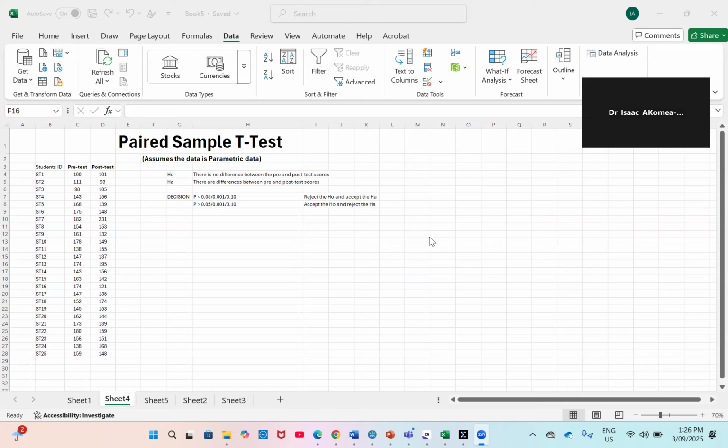Today's class is on the paired sample t-test. Why do we conduct this test? The aim is to compare the same group of sample data sets, where you want to check whether there is a difference before something happened and after something happened to the same group, or the same data set, or